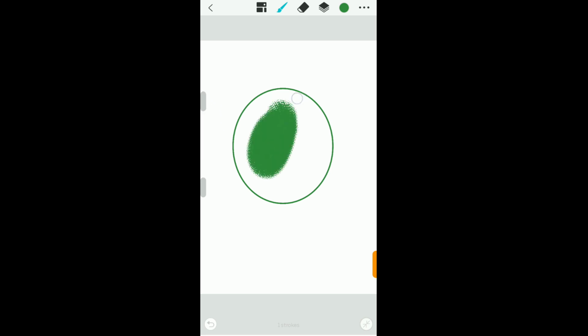This scroll bar will allow you to adjust the size of the brush, reducing it to reduce the size of your brush strokes as well. This will adjust your opacity. When you want to adjust your opacity, slide this down.